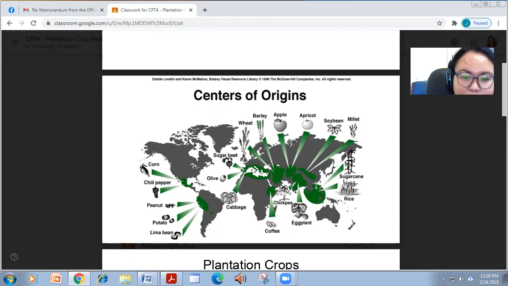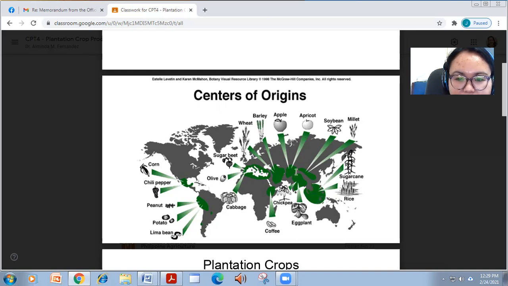So anyway, when we say rice, of course it should have come from Asia. So this is rice, it's really in the Asian region, including the Philippines. And sugarcane is also from Asia. And of course, Malay.